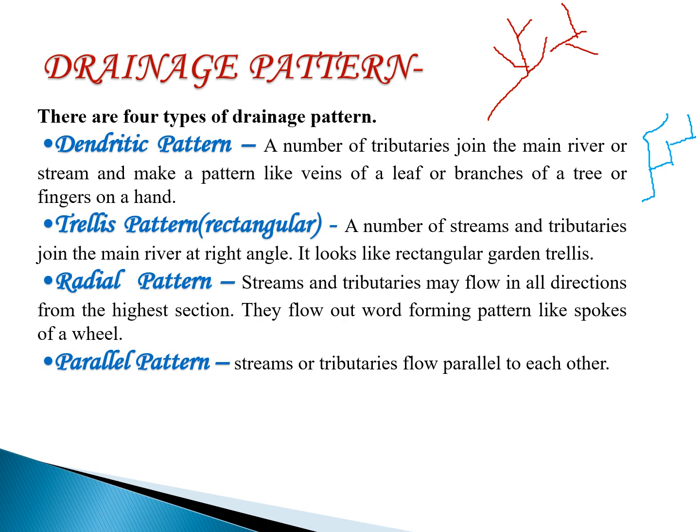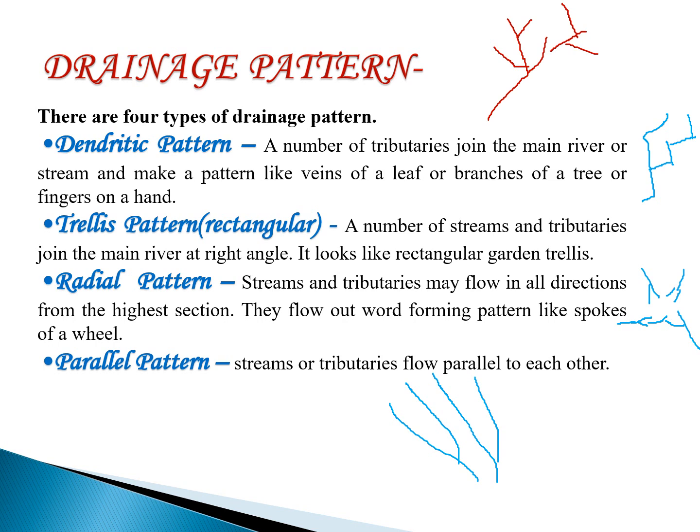Then radial, you can see wherever there is a hill or a valley, from all the sides the streams are coming towards the center and concentrating towards a point, or they are moving away from a point, so they look like spokes of a wheel, then it is called a radial drainage pattern. Then next comes the parallel. So whenever the streams and the streamlets move like this, okay, they are parallel to each other. So if you find such a pattern, then you can write the drainage pattern is parallel.